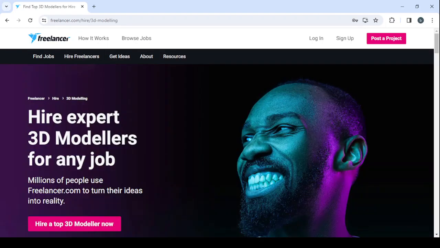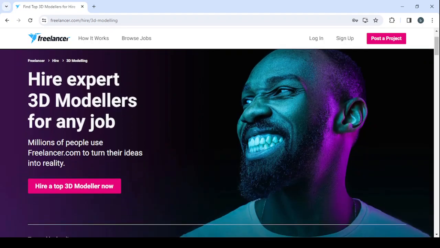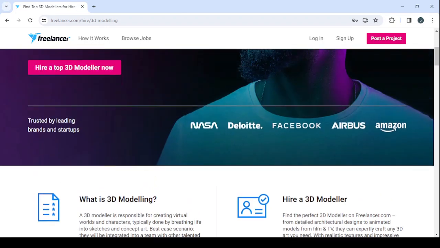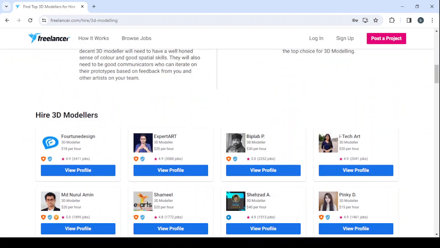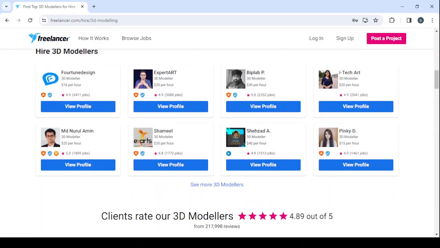and then you will be able to check all these 3D modelers with their profiles. As you can see in here, you have hire 3D modelers, you have this one, another one. So here you'll be able to see all of their profiles and their skills as well. See more 3D modelers. So by creating